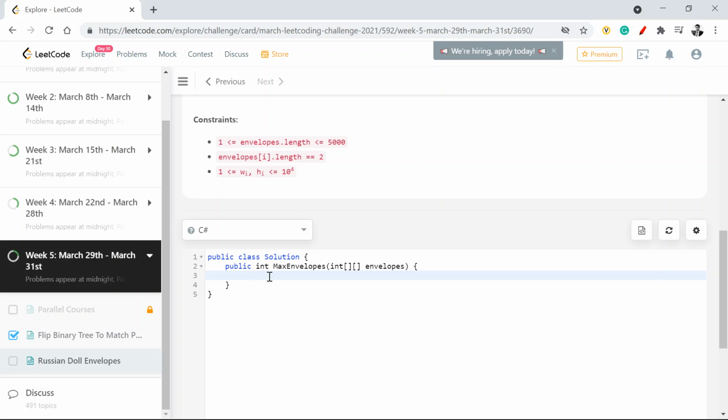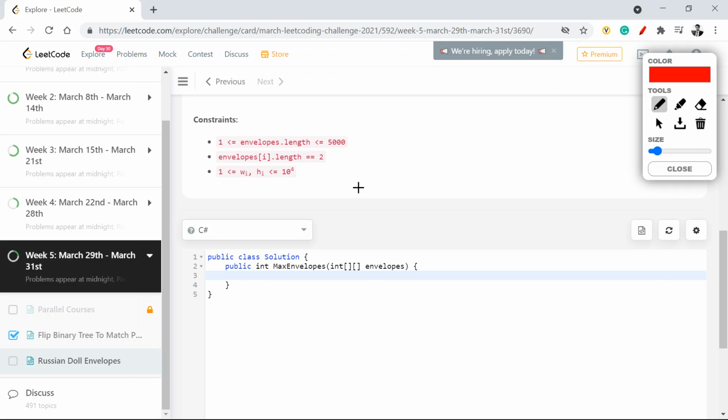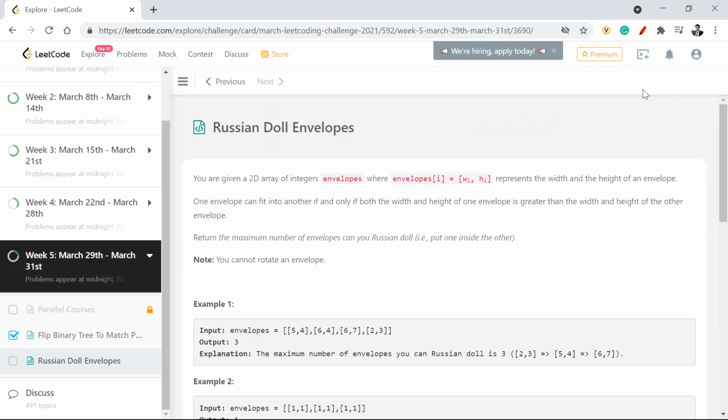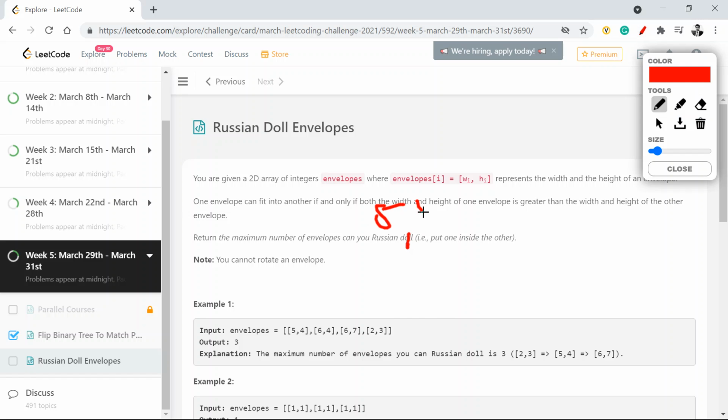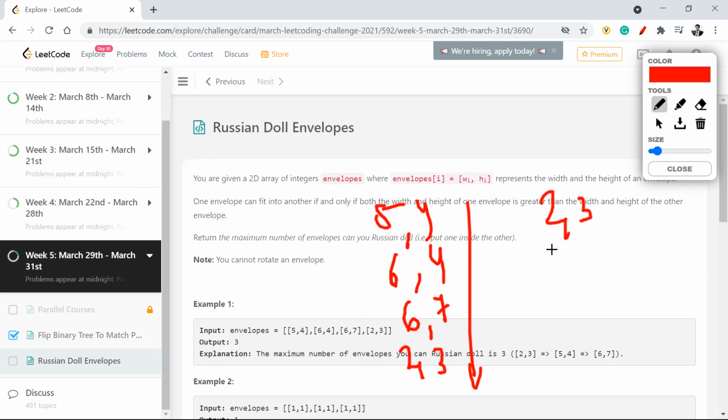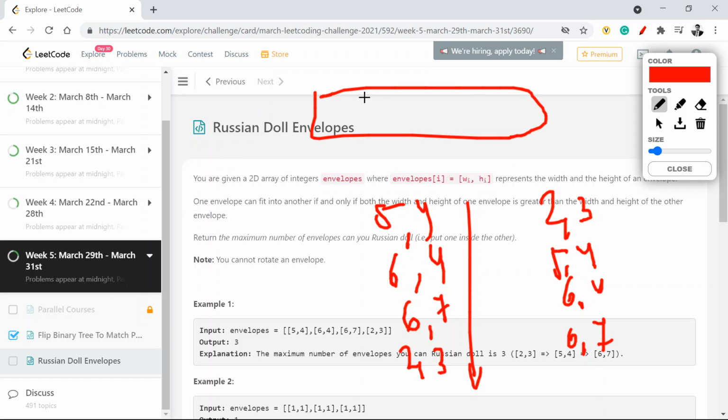What I mean by that is, say I have again this array, which says something like 5,4, 6,4, 6,7, and 2,3. I'll sort it by the first column only, so it will be something like 2,3, 5,4, 6,4, and 6,7. I'll have a separate array which will maintain the values, with 4 sections and the default value, say 0 0 0 0.